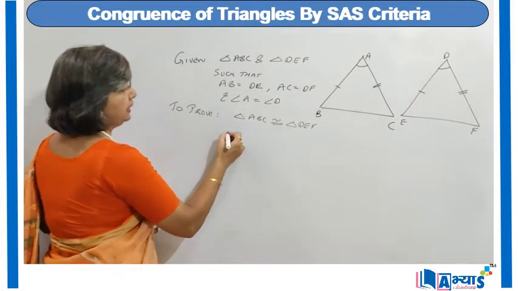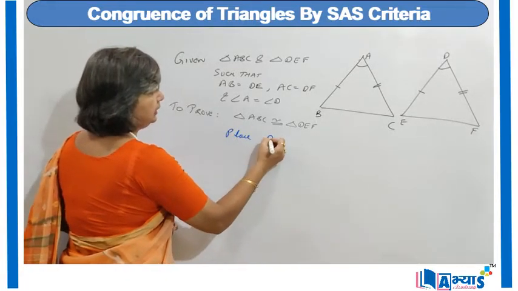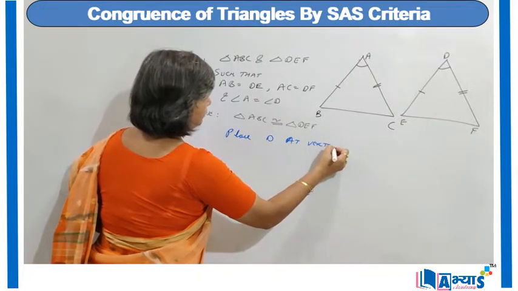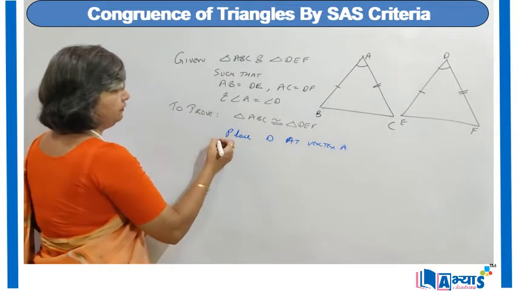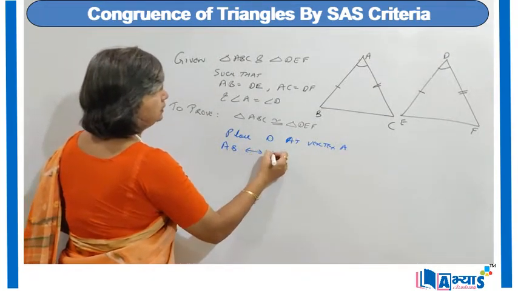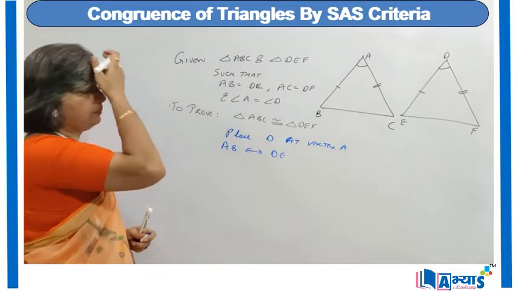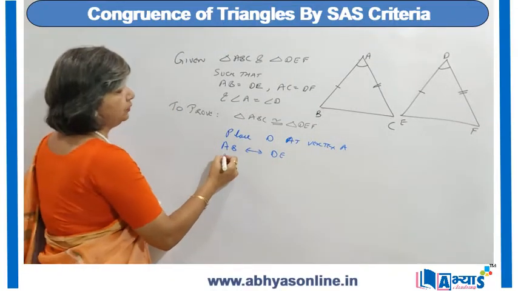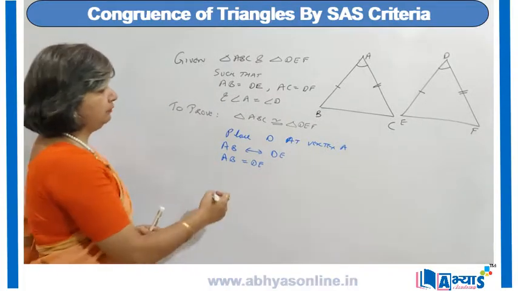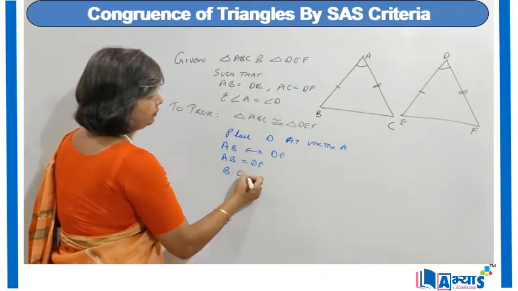As we know AB is equal to DE, so we can say that B will coincide with